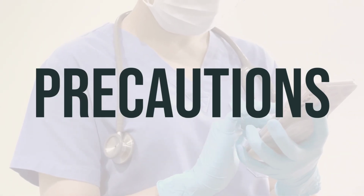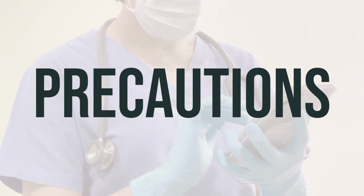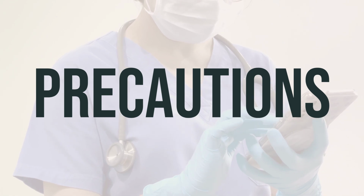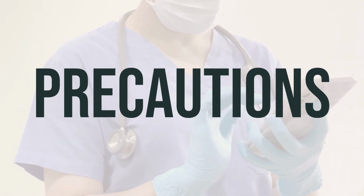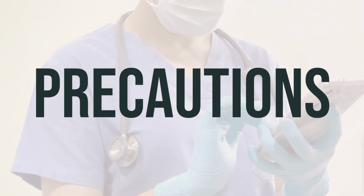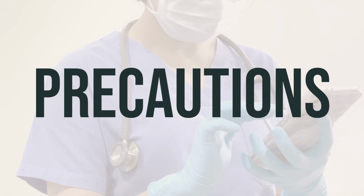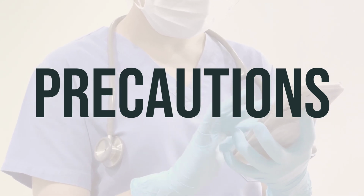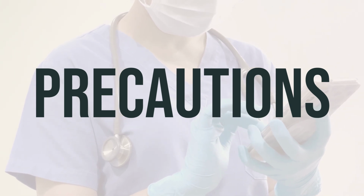Before taking cyclosporine, it's important to talk to your doctor or pharmacist about any allergies you may have, as this medication may contain ingredients that can cause allergic reactions. It's also crucial to discuss your medical history, especially if you have kidney or liver disease, high blood pressure, cancer, or any mineral imbalances. Cyclosporine may cause dizziness, so it's important to avoid alcohol or marijuana, which can make this